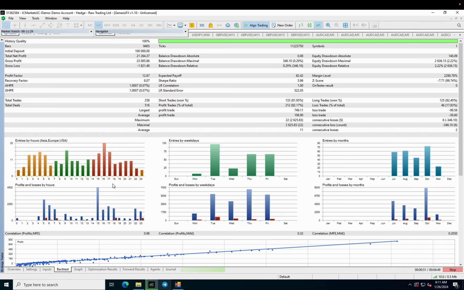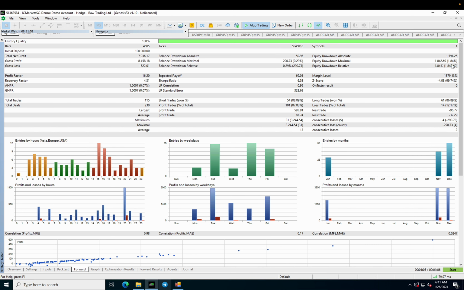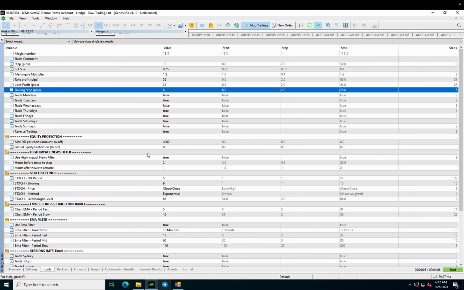Okay, so now we have 1.2% profit and a 2.6% max drawdown. What I recommend you guys to do is to ignore this value here in the brackets, because this is based on the account equity at the time. So it's going to be more accurate if you look at the number value here versus the percentage value. So we have a 1.8% drawdown. I really like this set. I'm going to save this